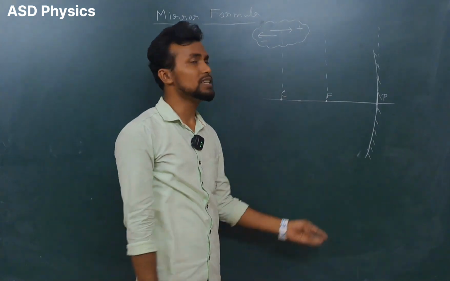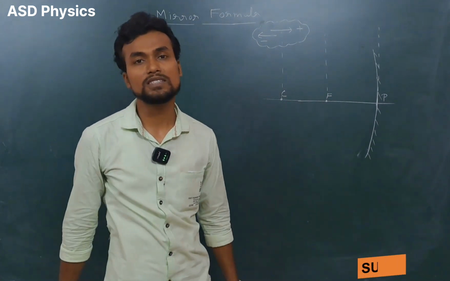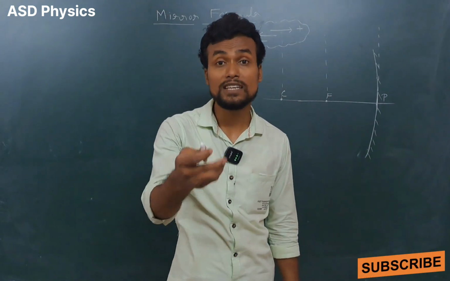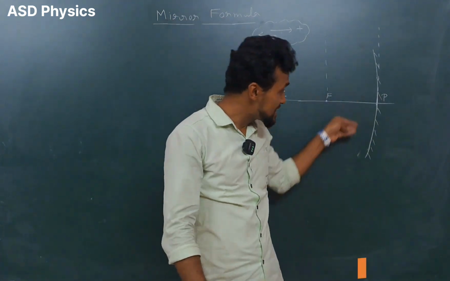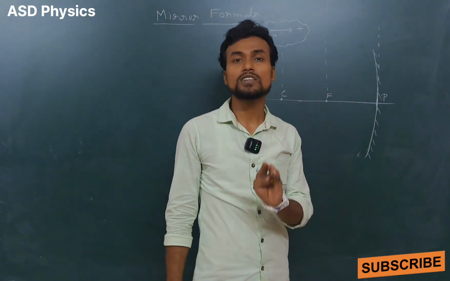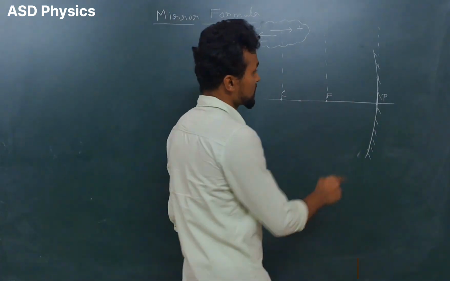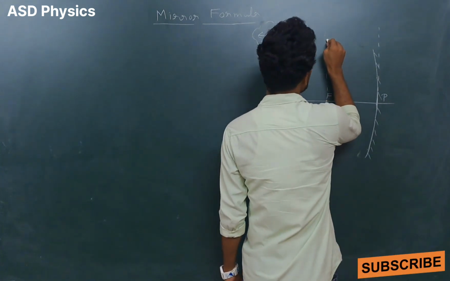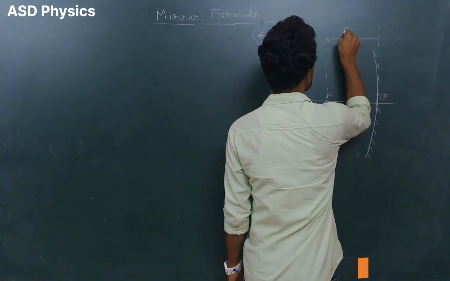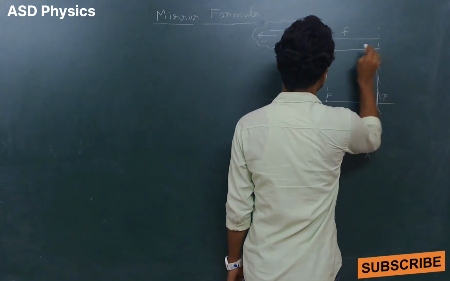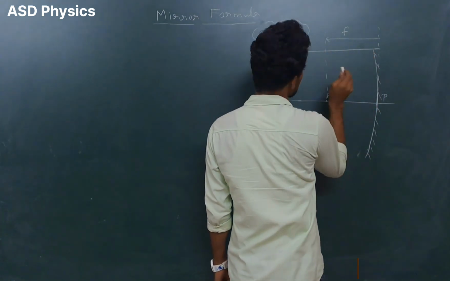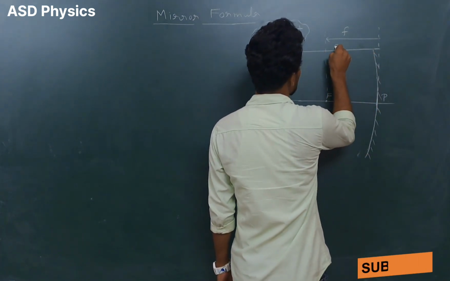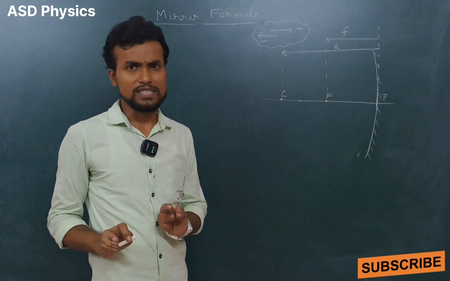Now we know very well that in the case of a mirror the focal length formula is F equal to R by 2, and it is valid for a mirror that is as less curved as possible. Only there is this formula valid. So this is the pole, this is the focus, and this is the center of curvature. The pole to focus distance is F, and the pole to center of curvature distance is called R. Now our base is ready.